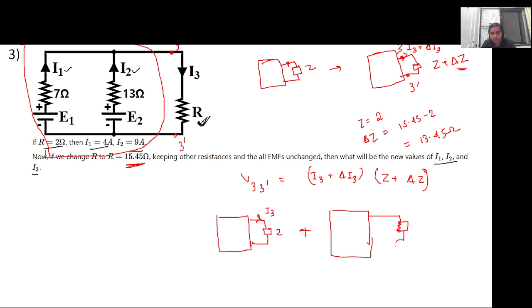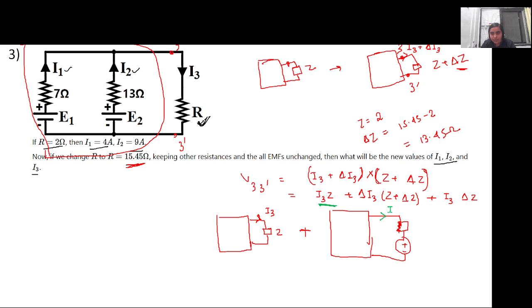so let us write this in terms of a voltage and a series resistance, because if I expand this V3, it will be I3 into Z plus del I3 into Z plus del Z. I'm just expanding the term, okay? Plus I3 into del Z. So when I expand I3 plus del I3 into Z plus del Z, we can get to this term. So we are using the superposition theorem once by considering the initial unchanged condition plus